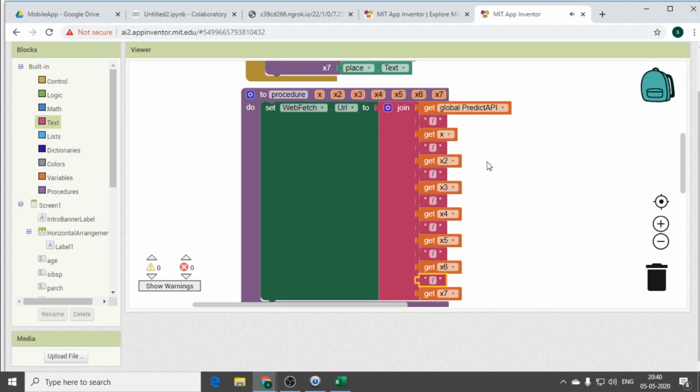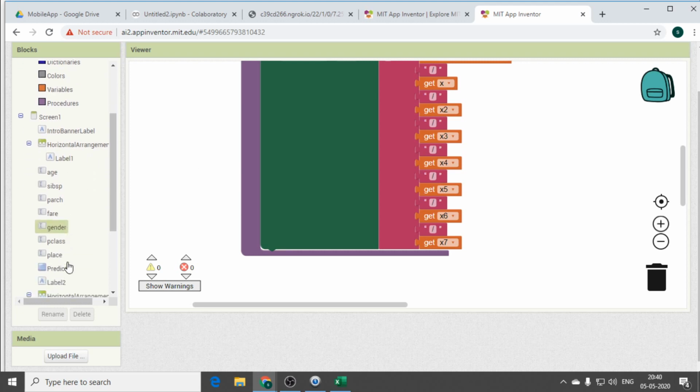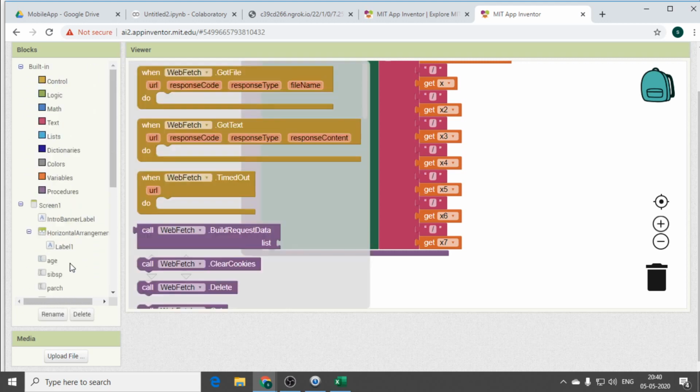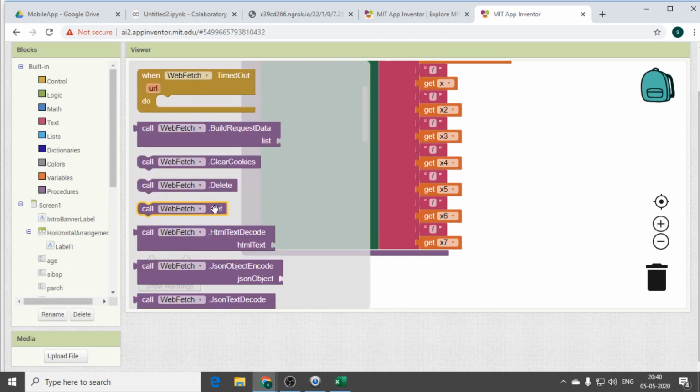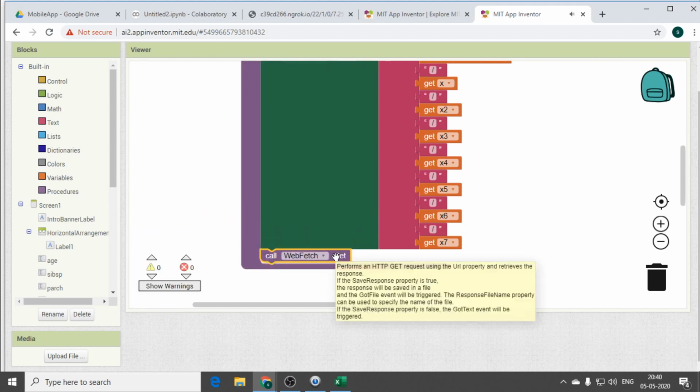We are fetching the data. Yes, so once the data is fetched, we have given all the inputs, and you need to fetch the data from the URL again, where you need to go for web fetch. You can go to your left column and call web fetch to get the data and place it in this, right? So you can place the thing, just fill the blocks here, then that is done.